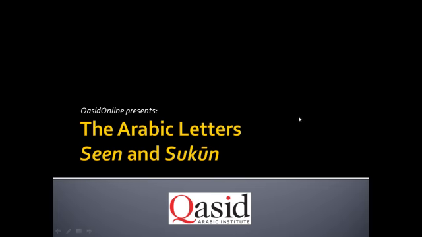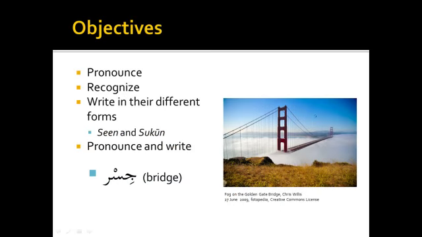Let's get started. In this lesson, we have four main objectives. The first objective is to pronounce the Seen correctly and the Sukoon when it occurs on a letter. The second objective is to recognize the Seen and the Sukoon when they occur in a word. The third objective is to write the Seen correctly in a word and also write the Sukoon correctly on top